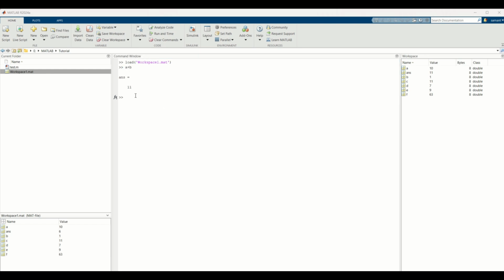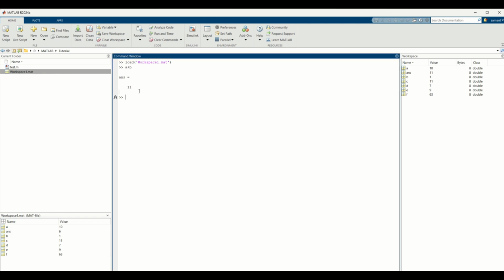Now, you might ask the question, why do we want these variables? These are just some numbers and we might not need them. But we will see why we have saved them and how we will use them later when we work on some programs. Then we will get to know where we can use them. So, this was pretty much about it for workspace variables.